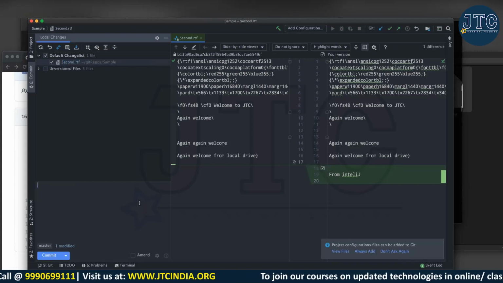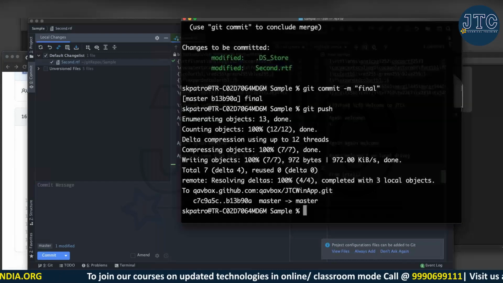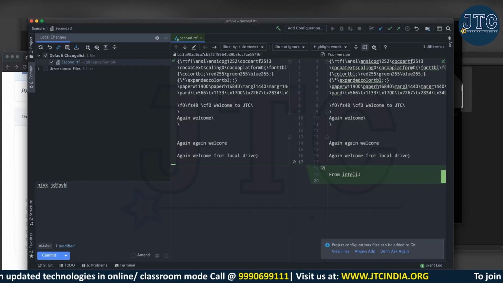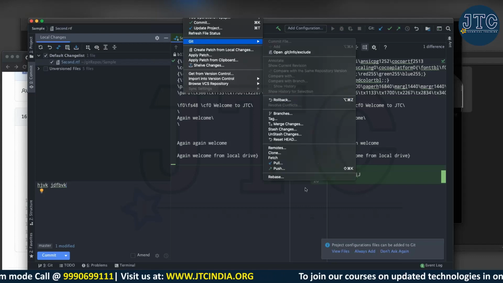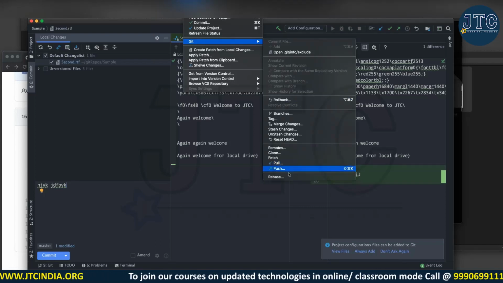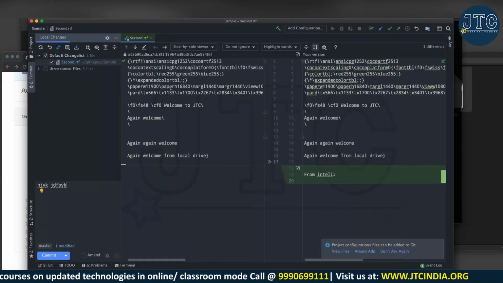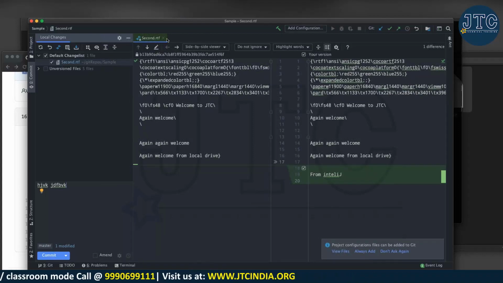Okay, now commit: you can see the commit message box is coming here directly, so you need not even do git commit. You can just write something and then go to VCS and then Git, and then you can see push and pull also. You have these two options, and Eclipse is pretty much similar. Actually there is no difference with that. I just liked IntelliJ from the beginning because of its layout, and it is simpler.